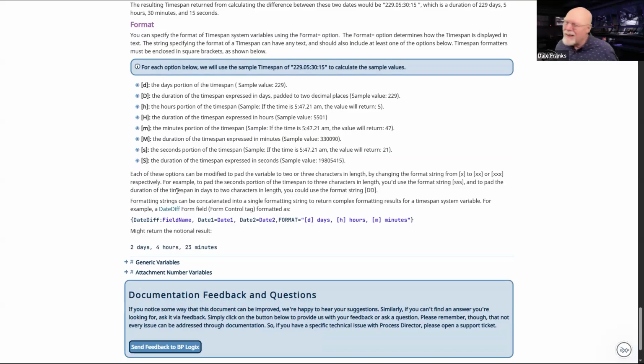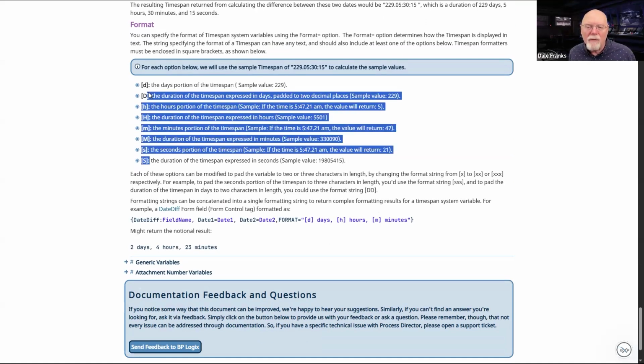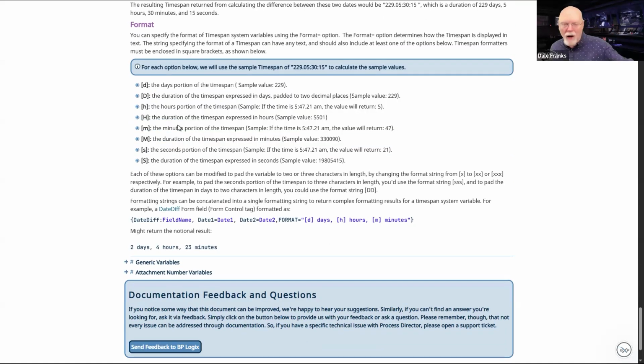I don't know exactly how you're going to express this date diff, this difference in time. And because I don't know that, I have got to use these square brackets to set off the formatters from all of this other extra text that you might be throwing in there.